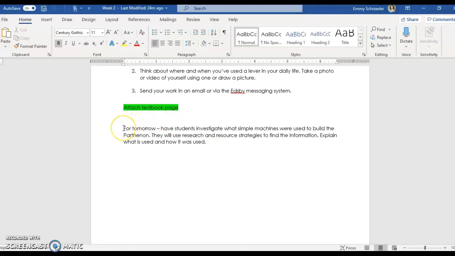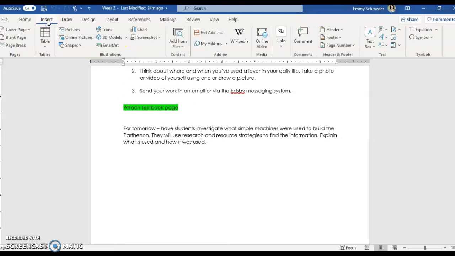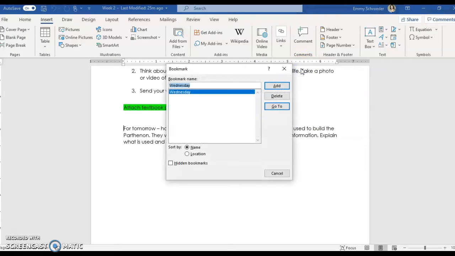So I'm kind of brainstorming what I want them to do for tomorrow. So this will be for Wednesday. So what you do is you go to Insert and then you click on Links and you do Bookmark. So I'm going to bookmark it and this is going to be called, actually,